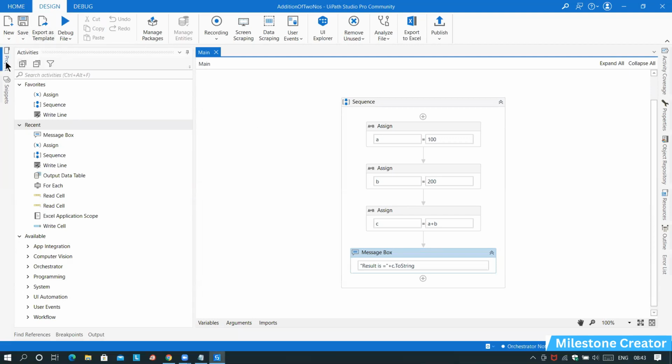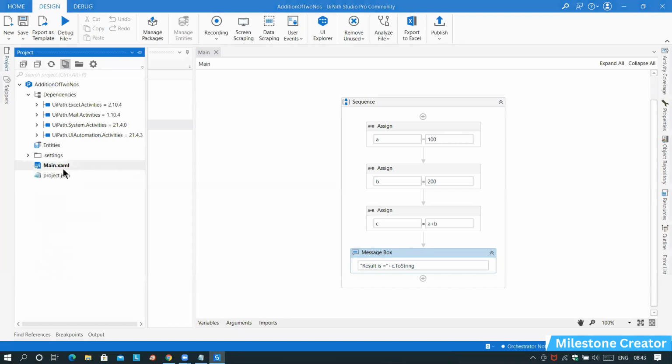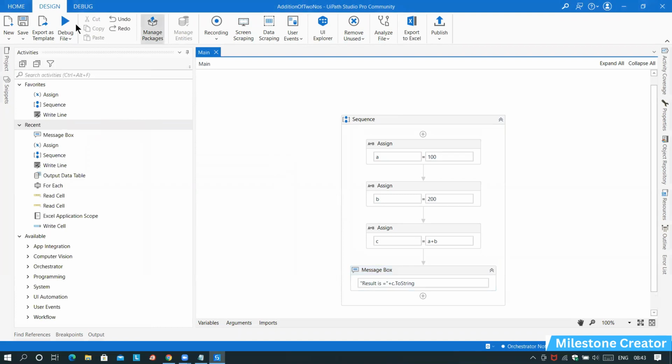See, in my project panel, I have only one workflow file. I want to create another workflow file. If you want to create another workflow file, click here and click on Sequence. Then it will create another workflow file. Right now, I want to save my current workflow file as something else. Click here, Save As,